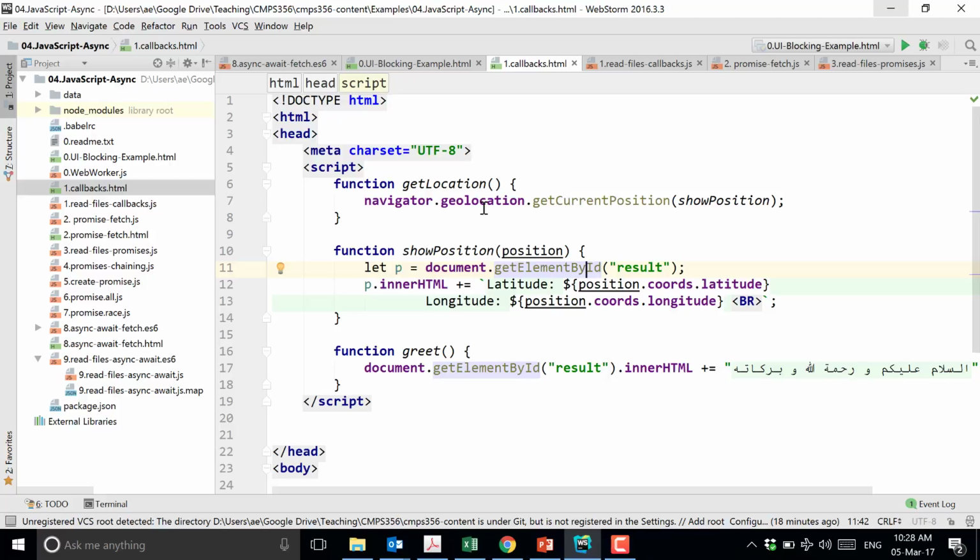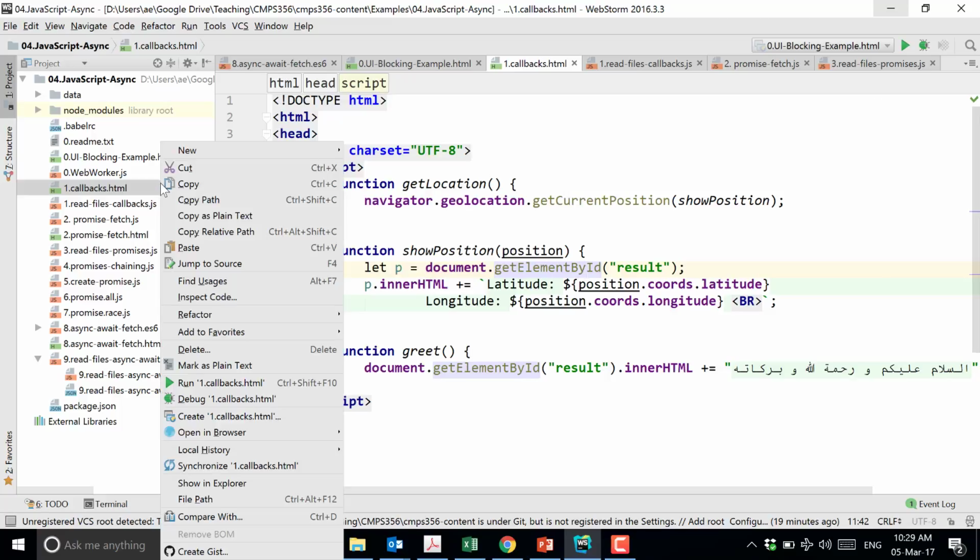And what's the idea of this callback function? That this get current position, when it's finished its work, what it will do? It will call this function I pass to it as a parameter. Okay? I know in the beginning it's a bit confusing, but gradually we'll get used to this. And through examples, I'll show you further examples.